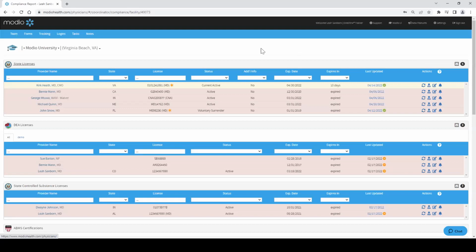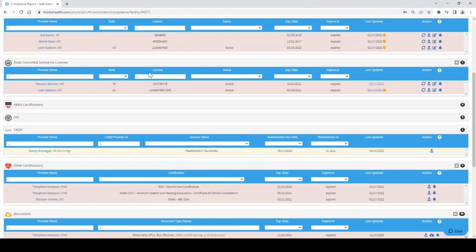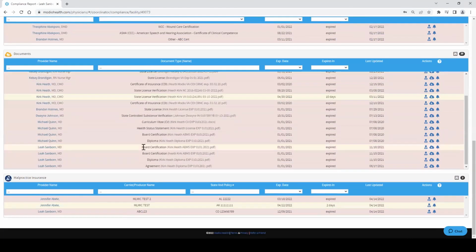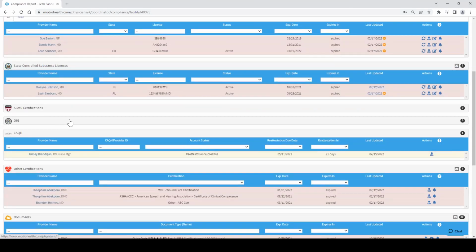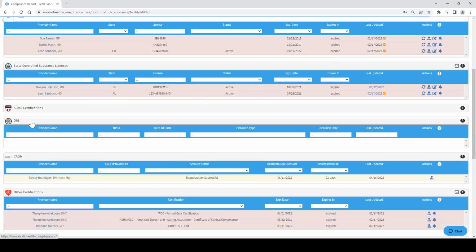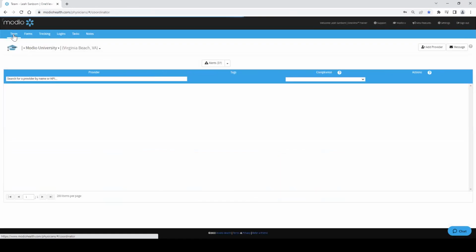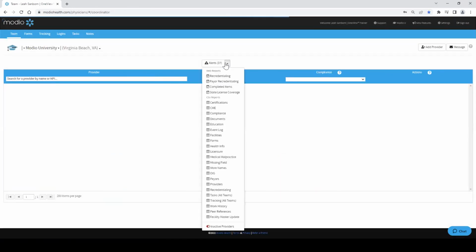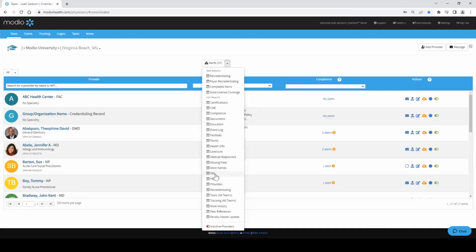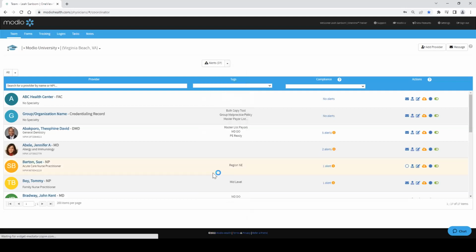So did you want to talk about the OIG item, that integration, and also the report? Maybe I think that's the question they're asking, the OIG report. Sure. So the OIG down here, there's the alerts. In this team that I'm in right now, there's no OIG alerts. But if you had them, they would show up here and you could run it the same way. And then the report, I'm going to go over to the team page here. There is an OIG report here. It's about halfway down. And if I run this,